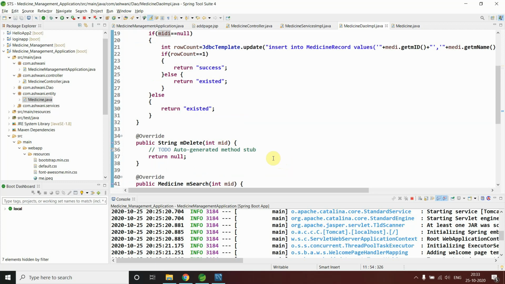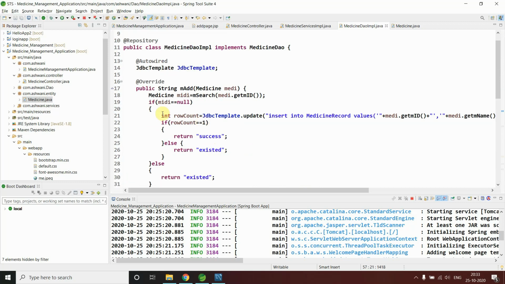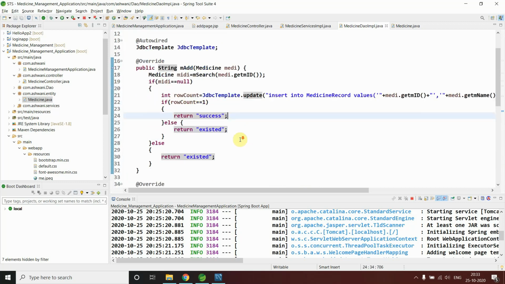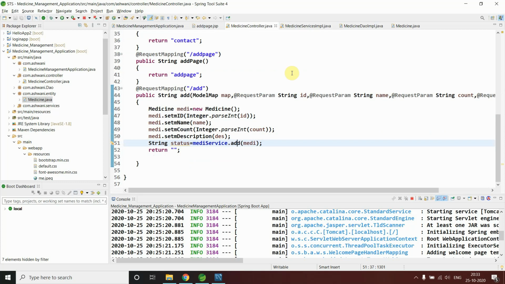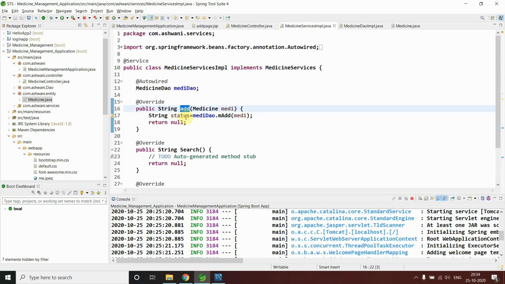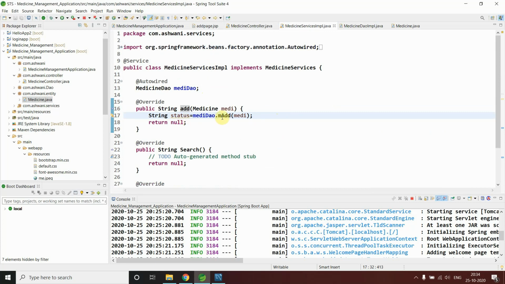Now what can we do? Look, it will give you the result, like it will give you the result empty. It will come here, you will check this here, and you will perform your actions. After that, who will call this method? Like who called this method? The add method. Let me show you, from this add method you are called by services here. If this is successful, this is your add method. It will return success or existed or something in your service class.